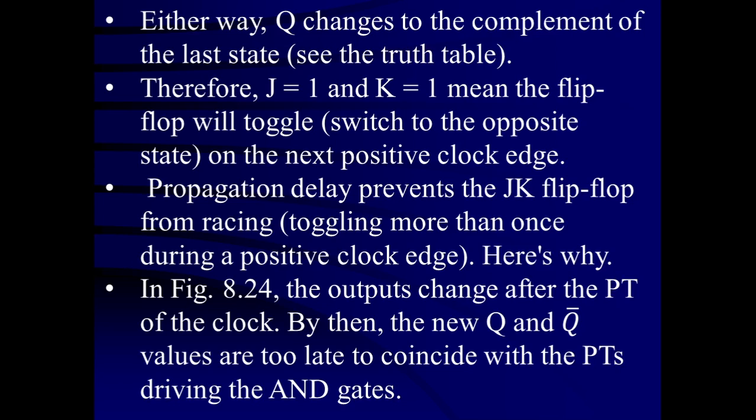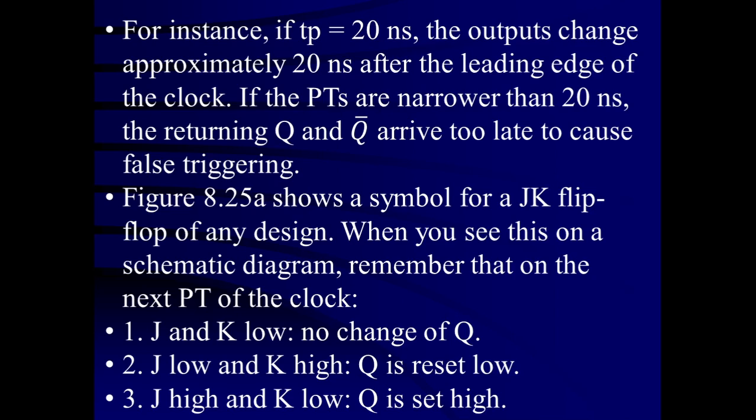number of clock pulses. In figure 8.24, the output changes after the positive transition of the clock. By then, new Q and Q bar values are too late to coincide with the positive transitions driving the AND gates. For instance, if the TP is equal to 20 nanoseconds,